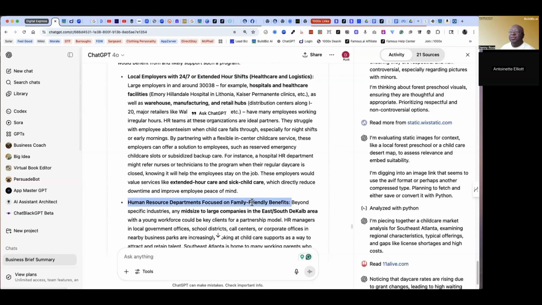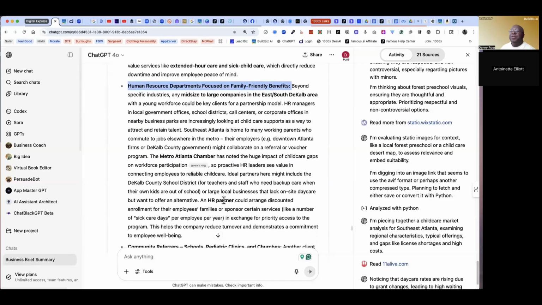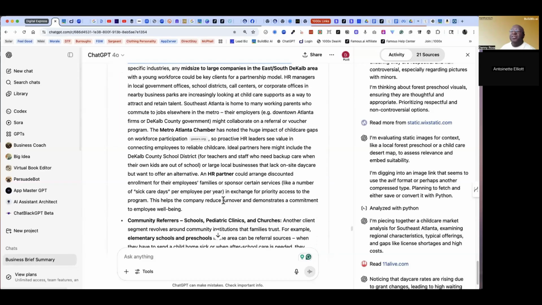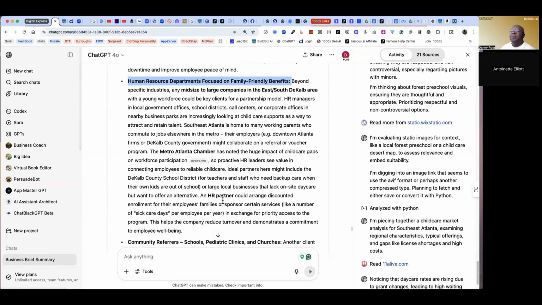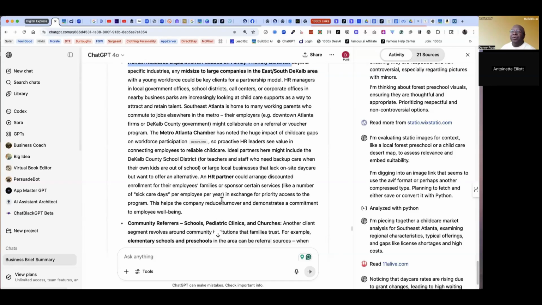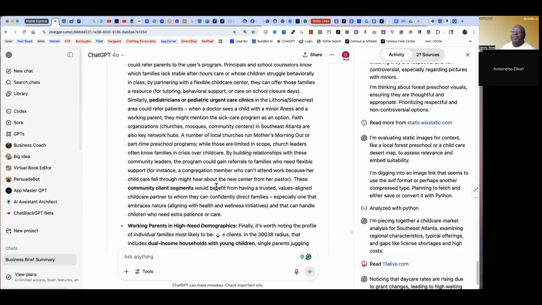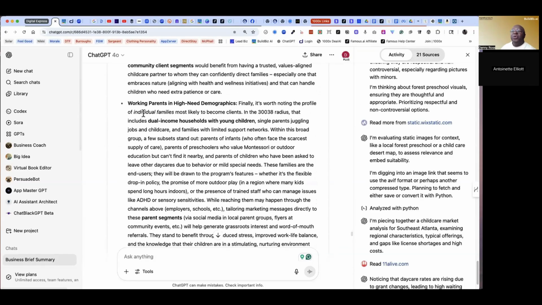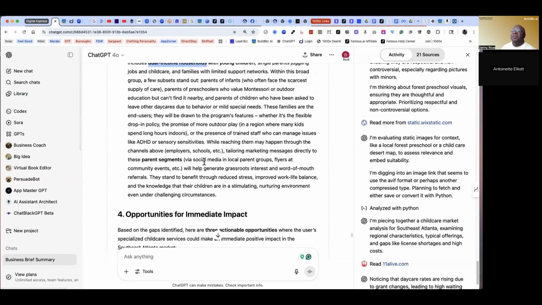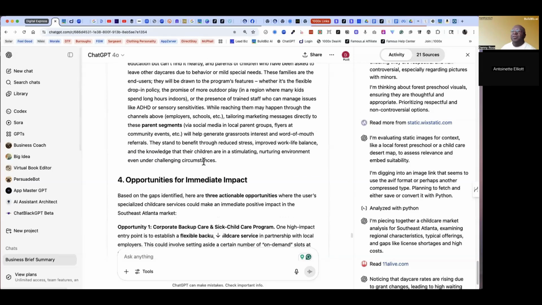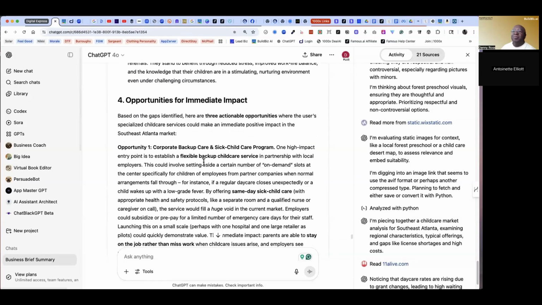Again, these are all things you can consider. Focused on family benefits, so you're going to go to the HR team and talk to them about why they should take a look at your approach. Community referral: schools, pediatric clinics, churches are interesting. Working parents in high-need demographics. If they're dual income, both parents are working, you're going to be reaching out and trying to tap that market.